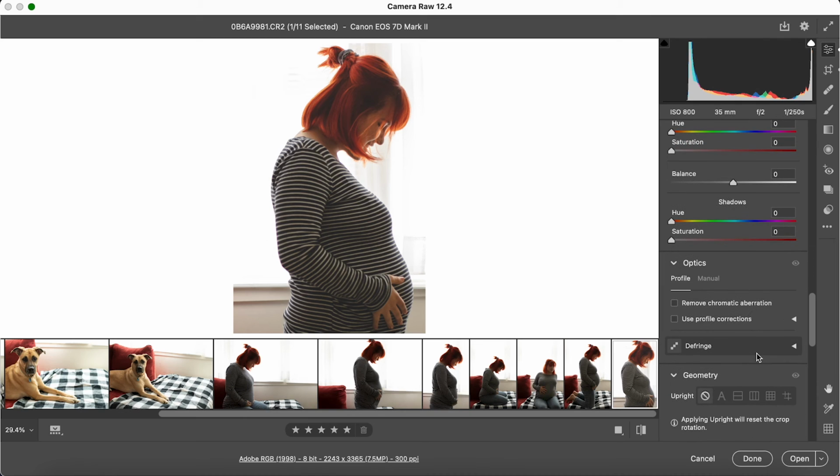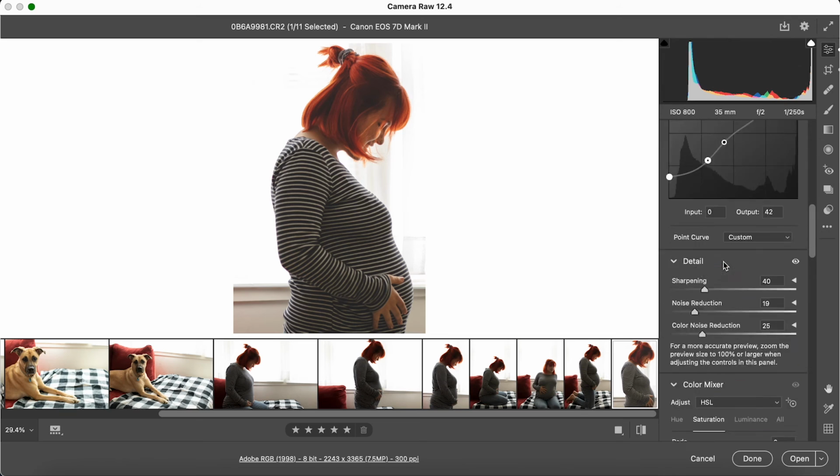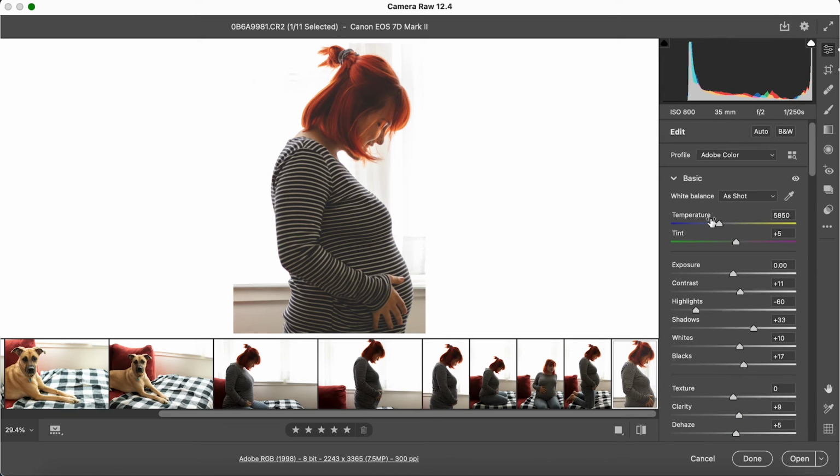These were just a couple of home photos. I always do remove the chromatic aberration and profile corrections. You don't always have to do that. Sometimes it actually adds an artsy flair to the photo if you don't. But, you know. So anyways, I did decide towards the end I wanted to up the exposure a little bit